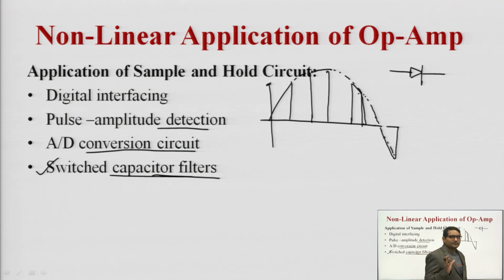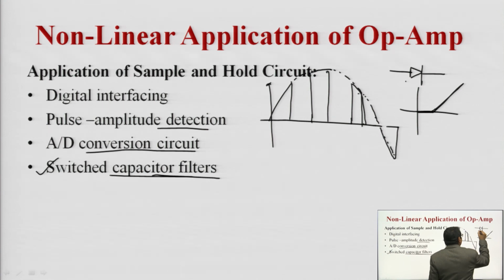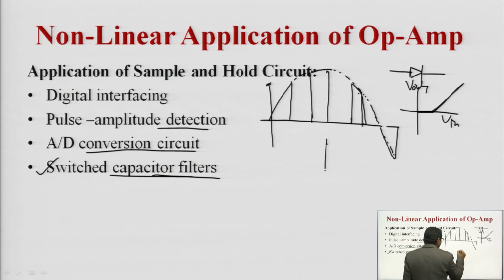Silicon has a knee potential of 0.7 and a germanium diode has a knee potential of 0.2. So, the diode will conduct after 0.2. Okay. So, the V out and V in relation looks like this, but in case of the precision rectifier,